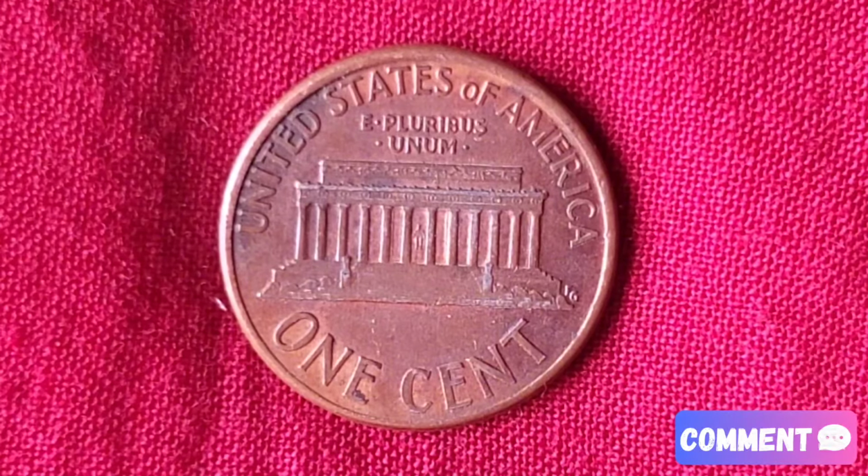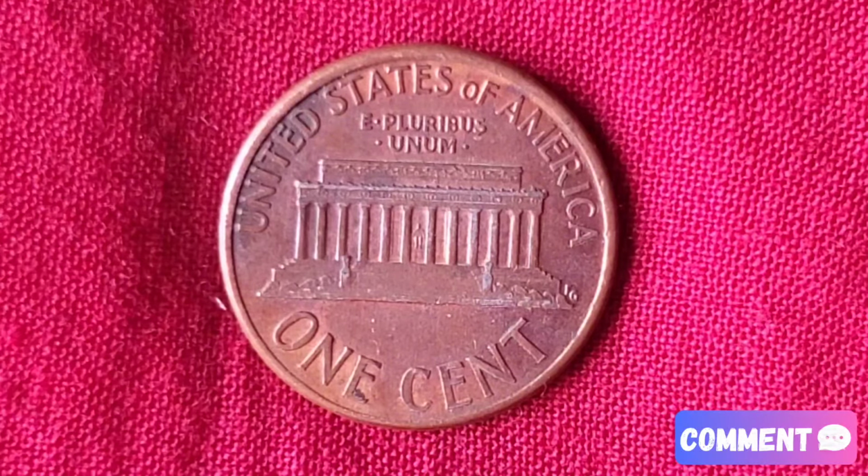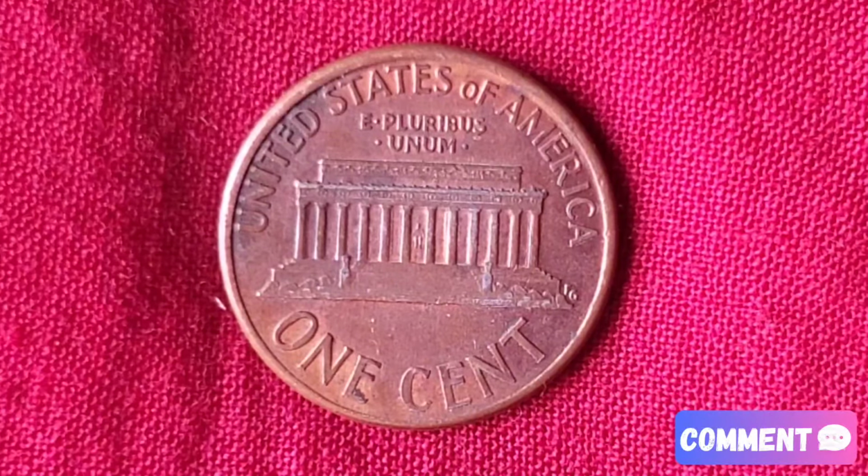1992 Close AM penny values. Auction prices: 1992 Close AM, no mint mark, Philadelphia, XF 40, $1,000 plus; MS 65, $5,000; MS 67, over $20,000. Auction highlight: a 1992 Close AM Lincoln Cent graded MS 67 RD by PCGS sold for